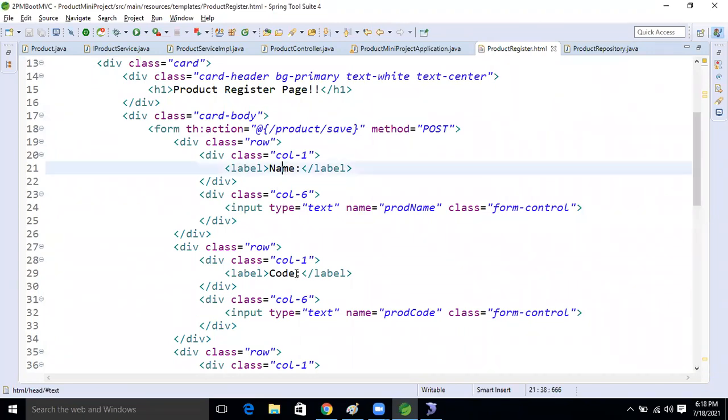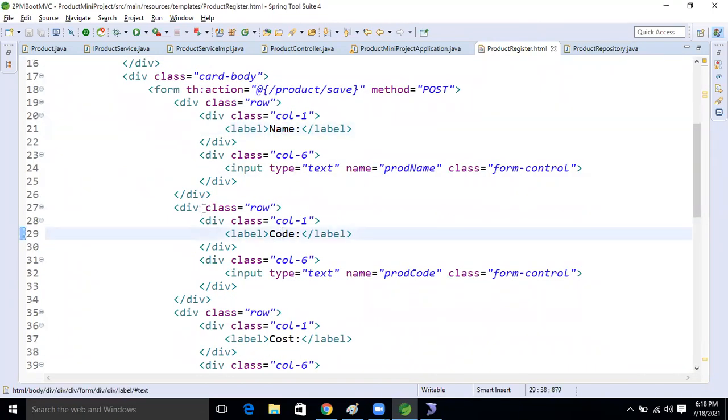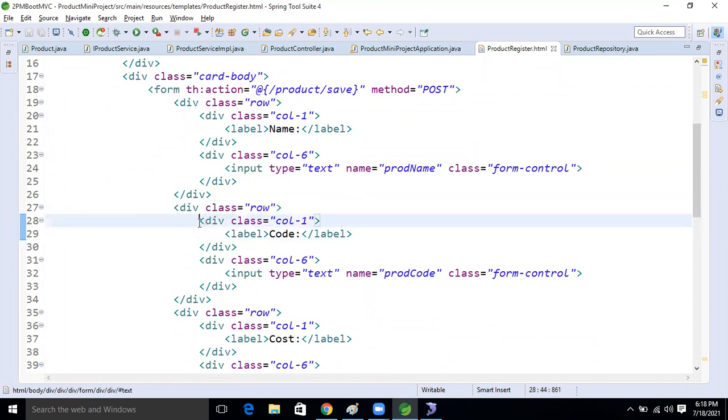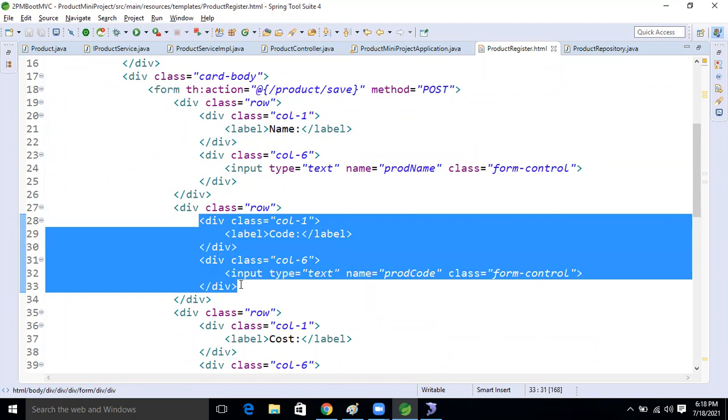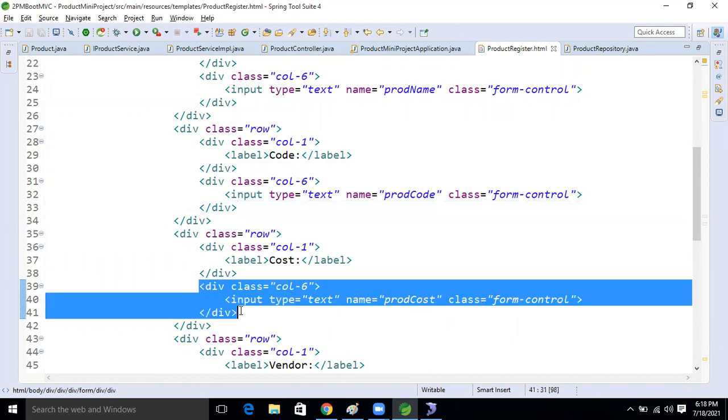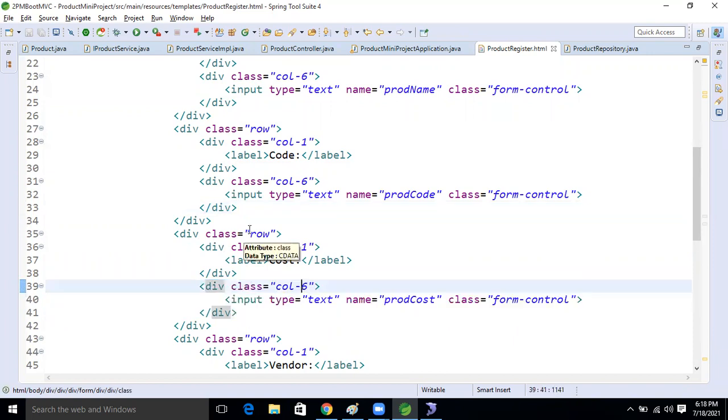In this section the code row is already there. In the code row, copy one div tag, one row, two row.